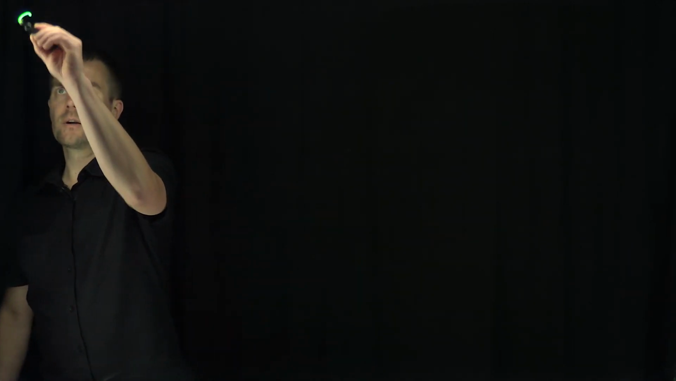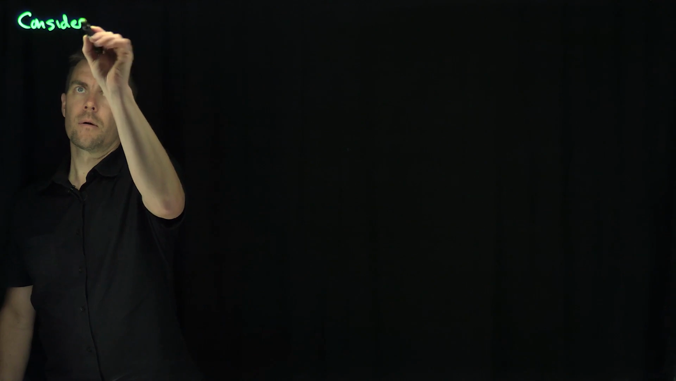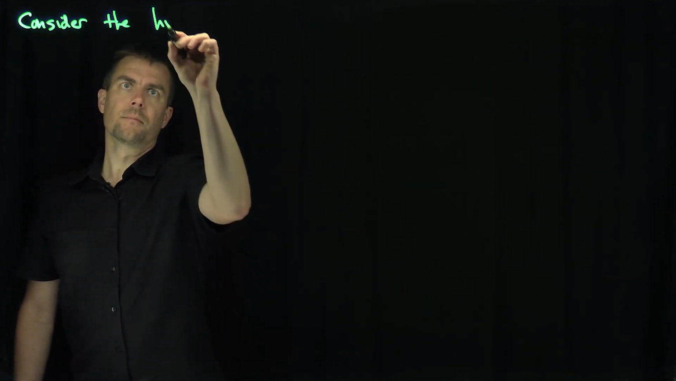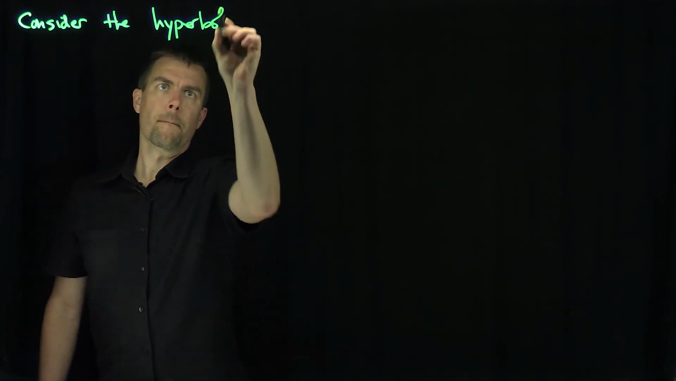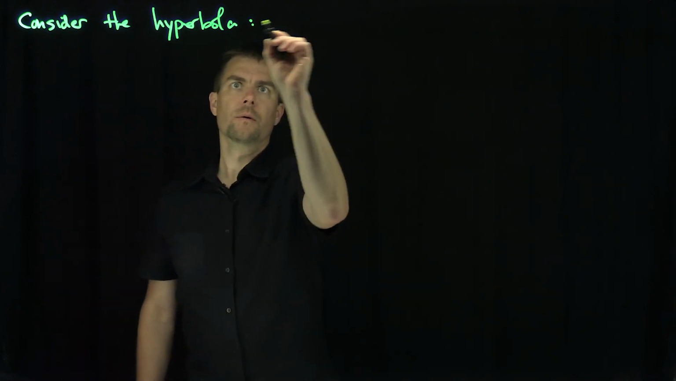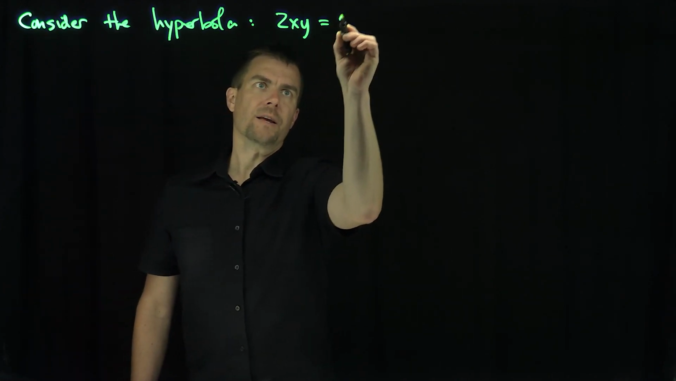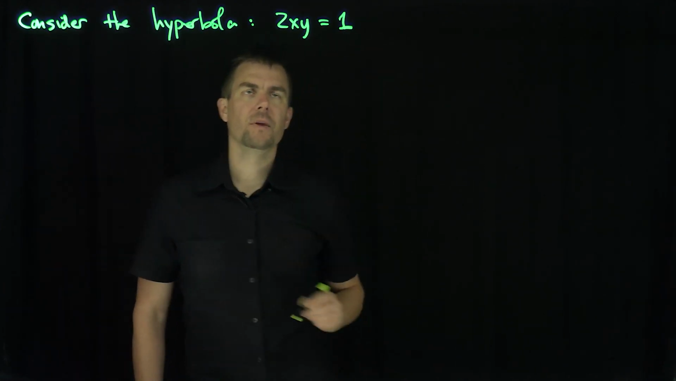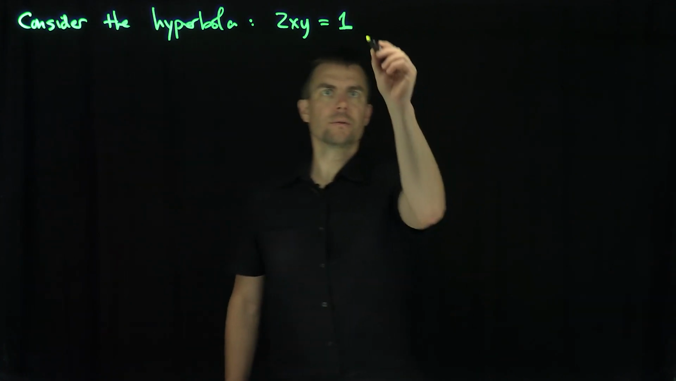Hello students, in this video we'll discuss the principal axis problem for a specific hyperbola. Let's consider the hyperbola 2xy is equal to 1. Okay? Now of course we might ask the question,